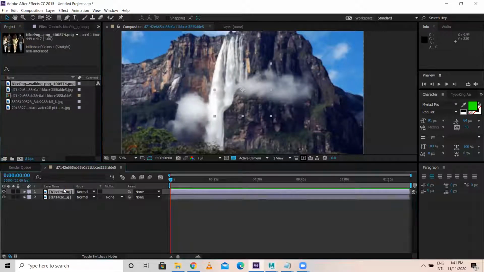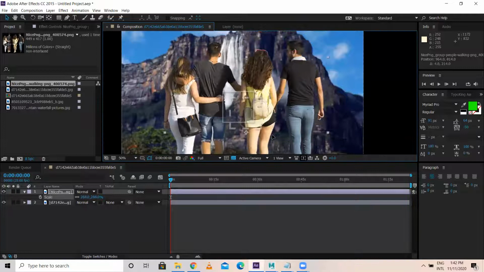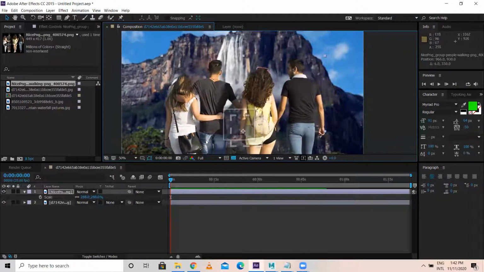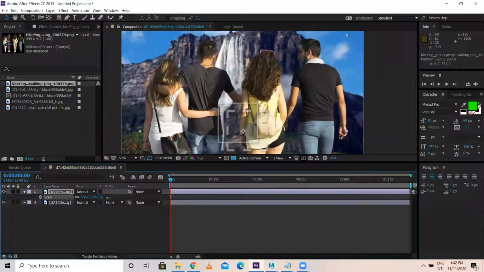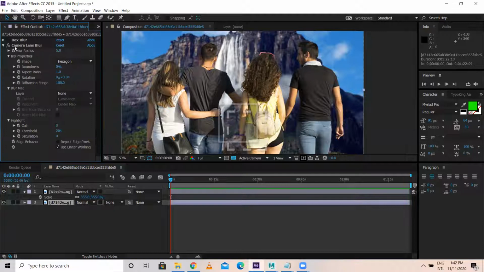I'm importing two images over here. There are few people images. Now, for example, when you're focusing here, automatically the camera will focus on these elements and the background automatically will blur. So this kind of effect it will provide when you are using default camera lens blur.